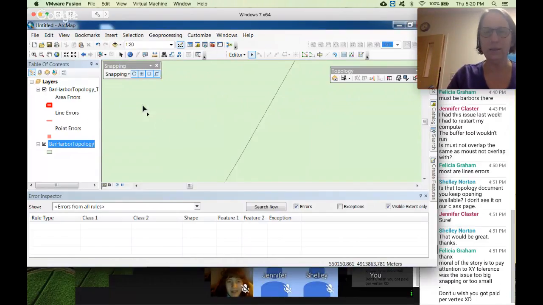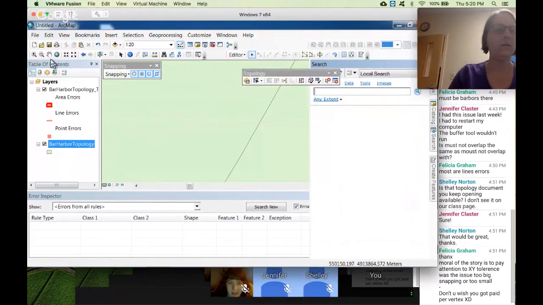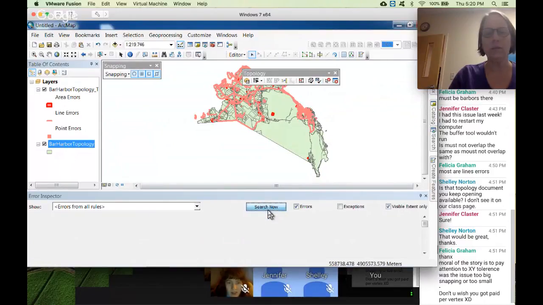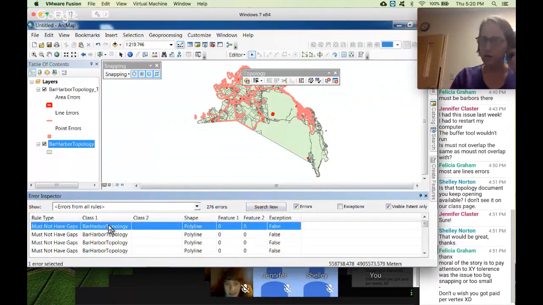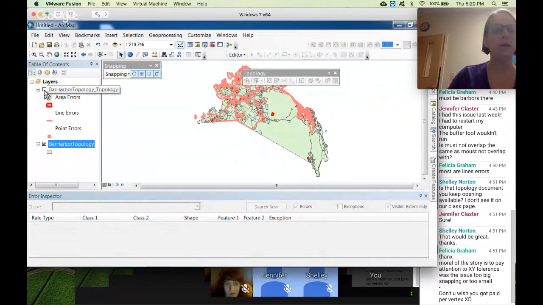Okay, so now you get the idea, and you can get to the end of this process. This is an unusually large number of topology errors, but these tools streamline it and make it much easier. Once it's done, you can save your edits. In fact, I should save, right? Save edits, stop editing. Once it's done and you've cleared, either marked as exceptions or cleared all the topology, then